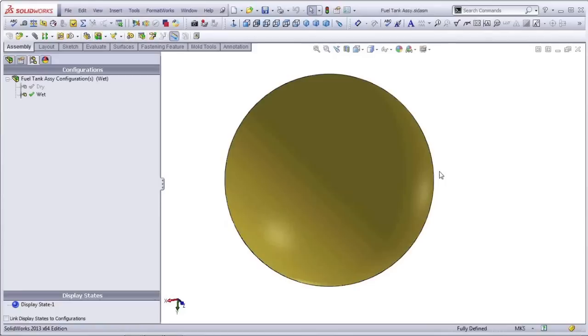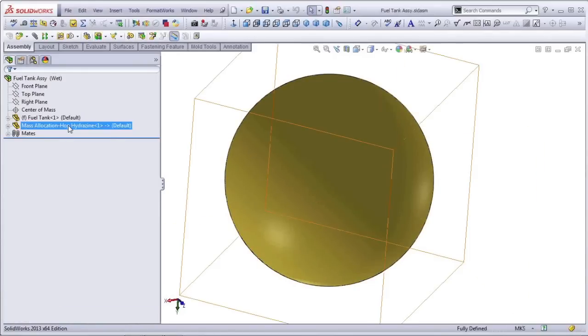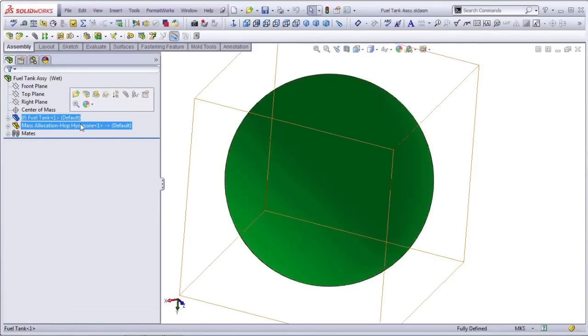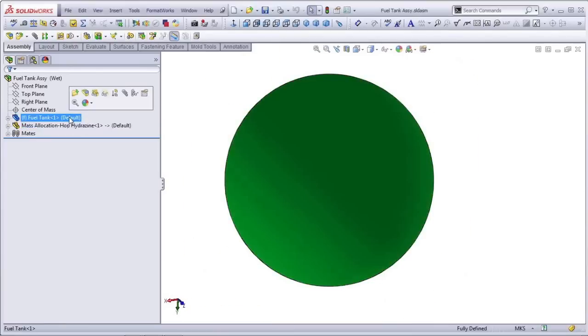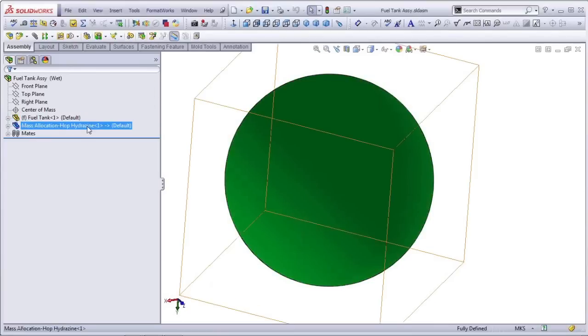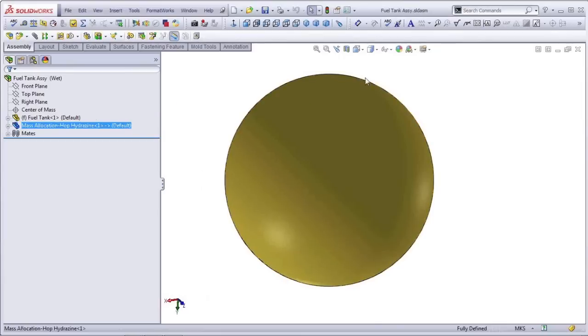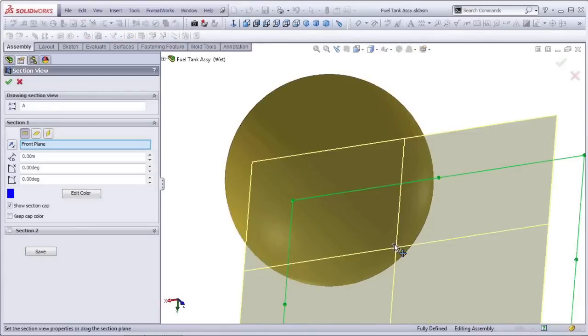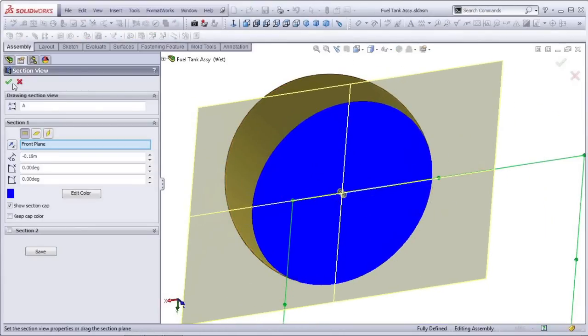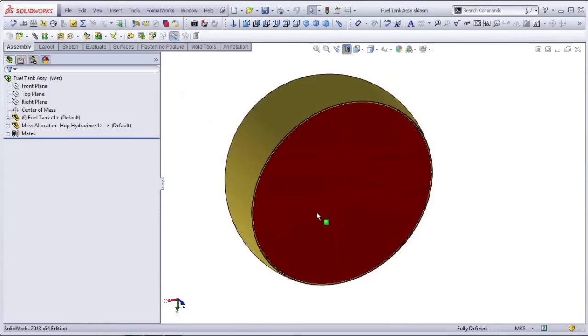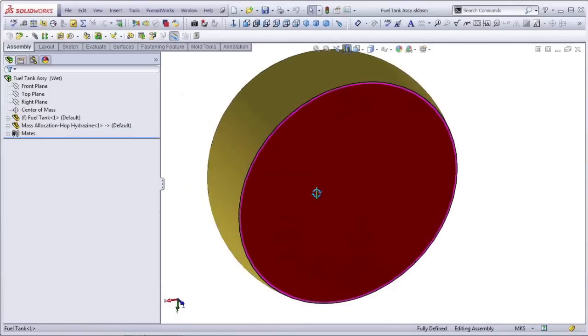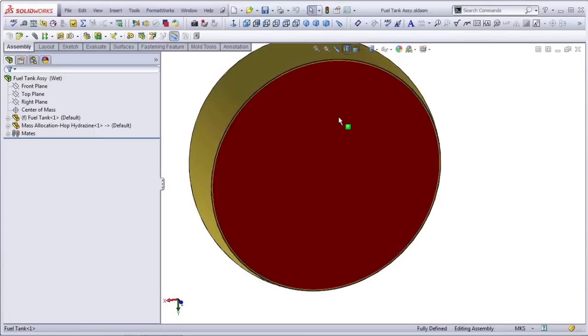So this is one thing I want to show you: the way I make my fuel tank is that I have a fuel tank, which is a hollow shell representing that mass. Inside that, I have a mass allocation for the hydrazine. I am going to section this for you so you can see inside my tank. I think this looks like a chocolate truffle. But inside there is this red mass. I make it red, and I don't ever color any other parts red, because I want to make sure I know this is a mass allocation, and this is something that may or may not be adjusted